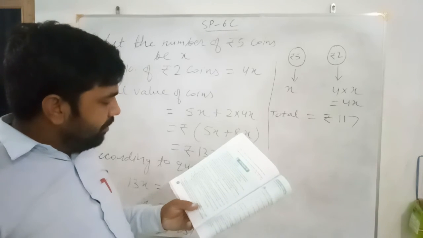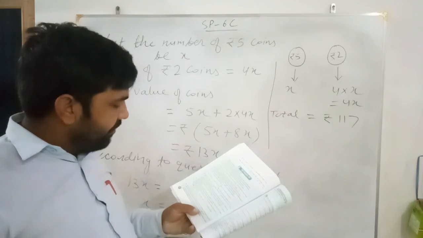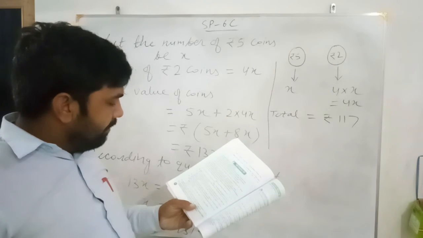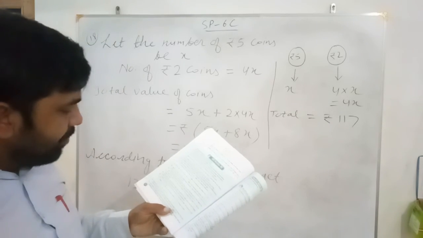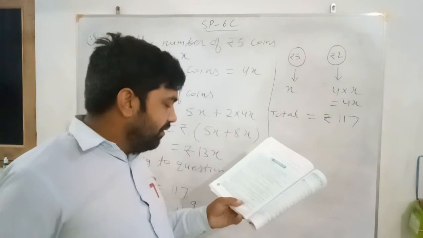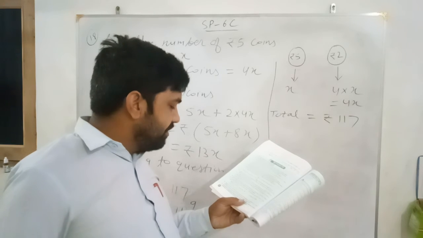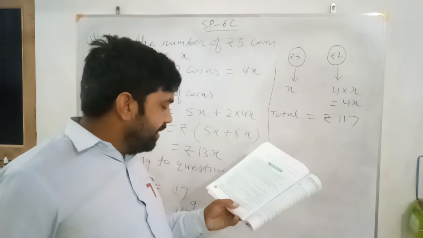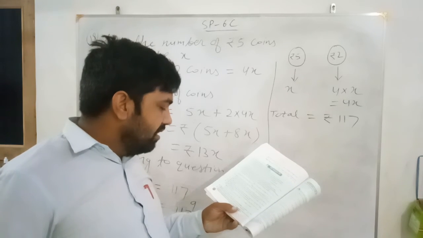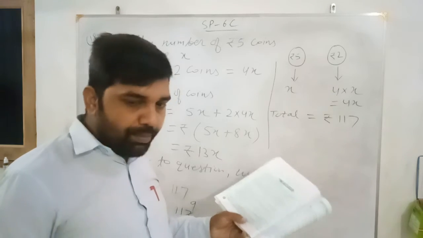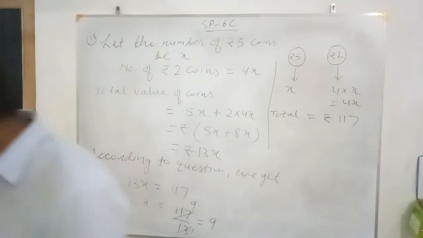So now I will explain you the question number 20. Question number 20 says that Pratik left 1/3 of his property for his son and 1/4 for his daughter and the remainder for his wife. If the wife's share in the property was worth rupees 10 lakh, find the total worth of Pratik's property. So see how we do this type of question.